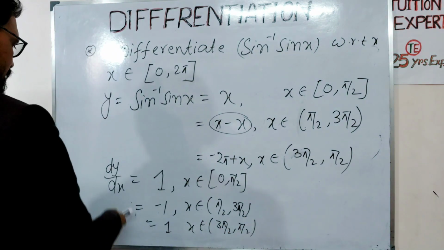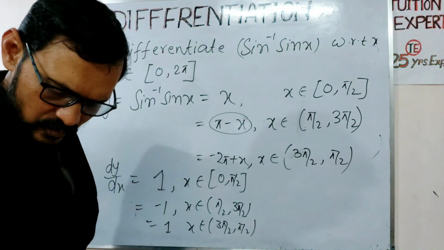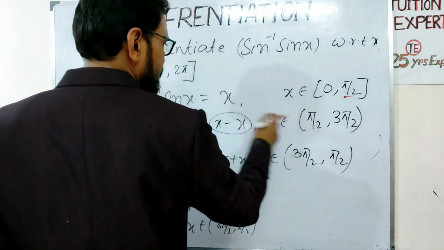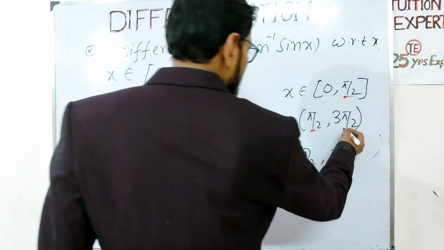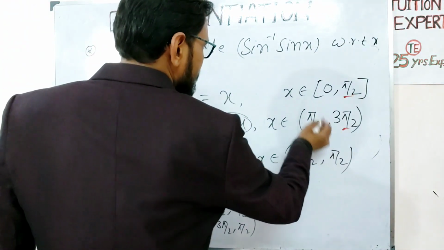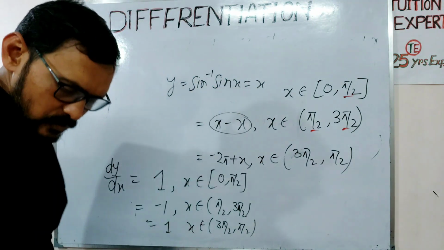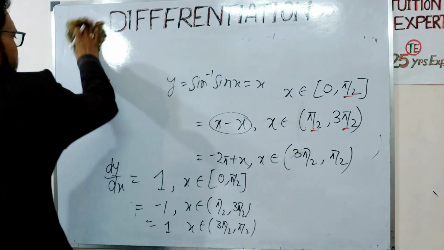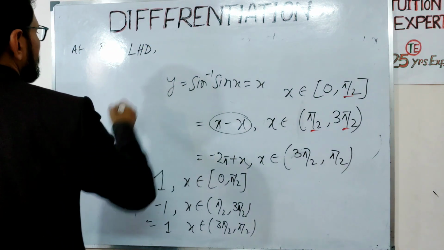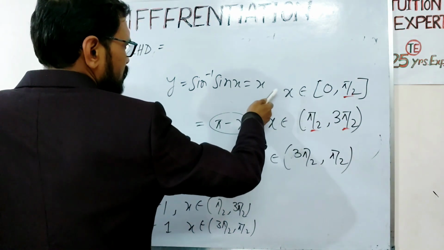Now y is not derivable at pi by 2 and 3 pi by 2, because at those points the function breaks. At exactly pi by 2, the left hand derivative is 1 and the right hand derivative is minus 1. Again at 3 pi by 2, the left hand derivative is minus 1 and the right hand derivative is plus 1. Now at pi by 2, what happens? The left hand derivative means x less than pi by 2,